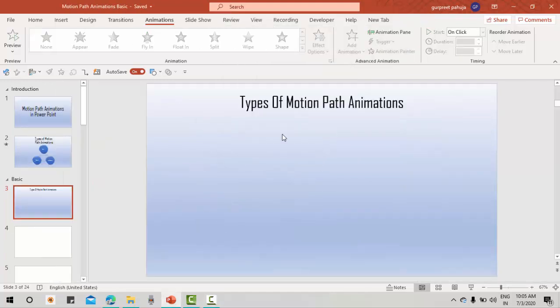Let us now learn one by one each of the motion path animations.